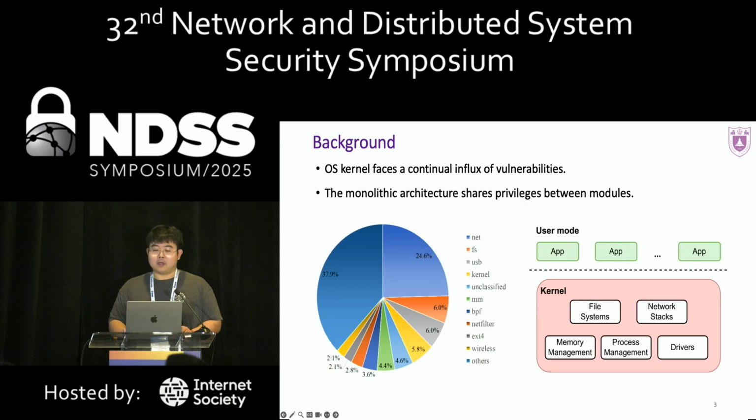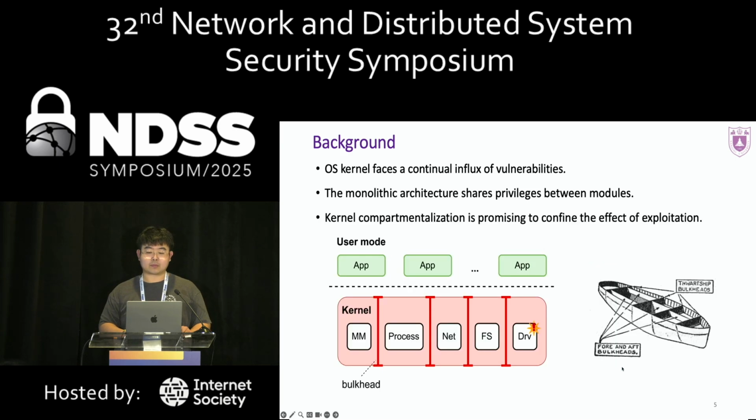What's worse, most mainstream OS kernels, like the Linux kernel, are monolithic for performance and compatibility reasons. All kernel components share the supervisor privilege for data access and code execution, most of which are irrelevant to their intended duties. As a result, exploiting a single vulnerability in any component can potentially compromise the entire system.